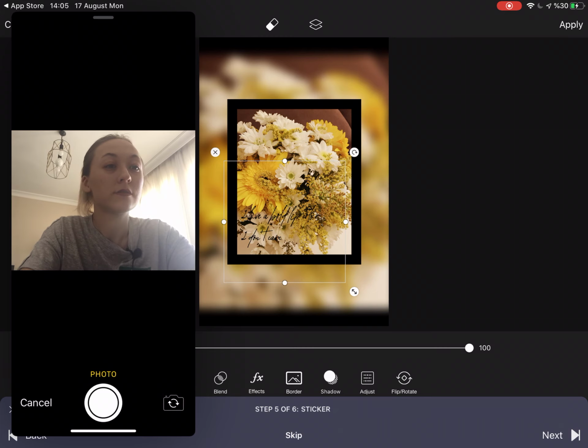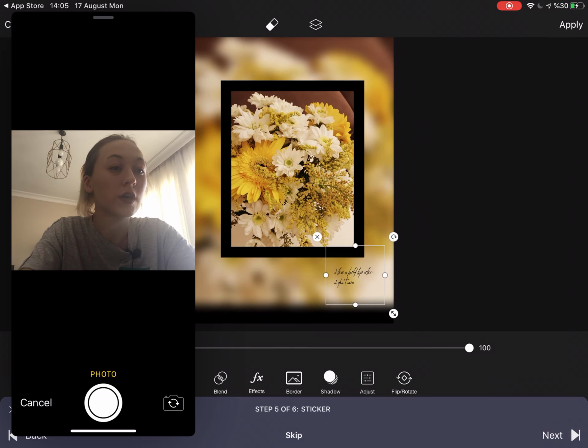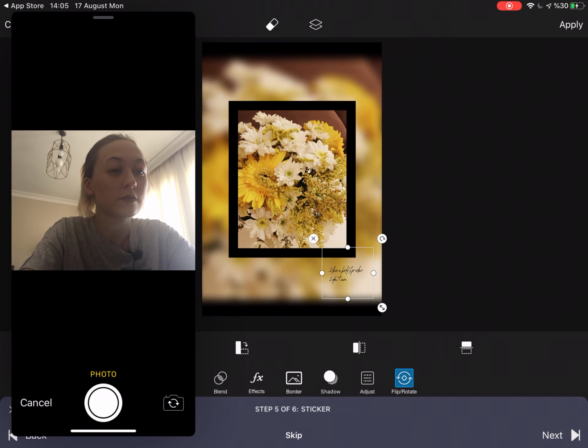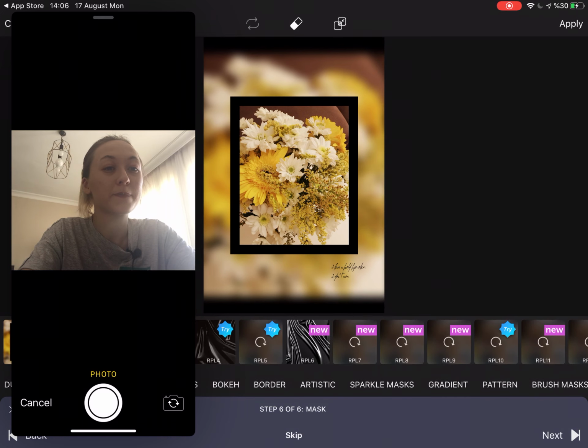And for example, there is a text here. You can just add a text here, and you can adjust it or rotate. For example, you can rotate it as well. I think I loved the style of it, so I'll go to next. And then